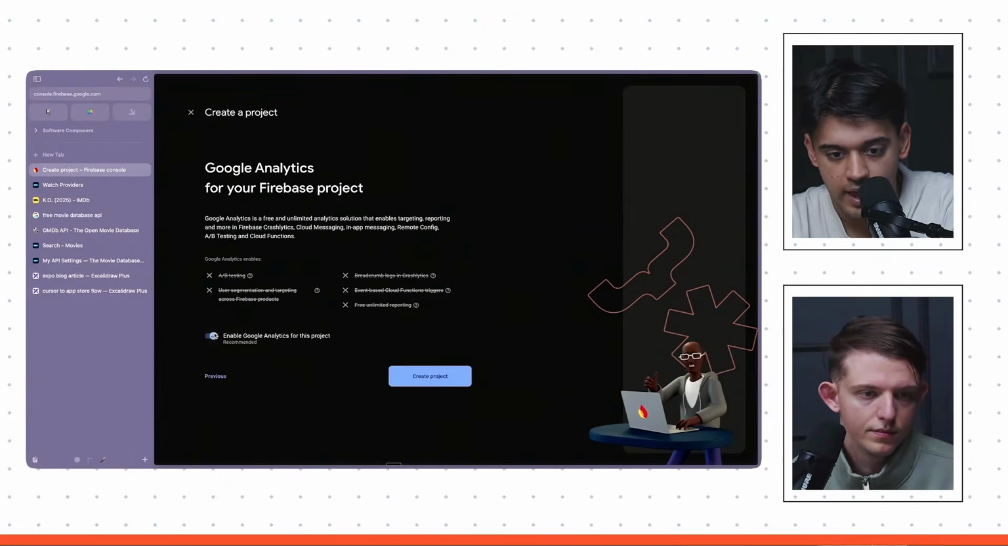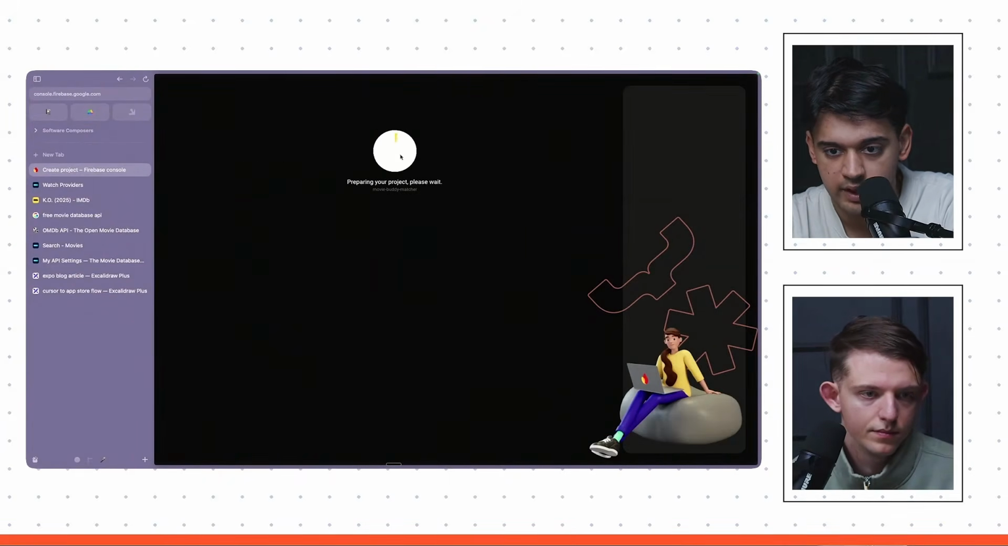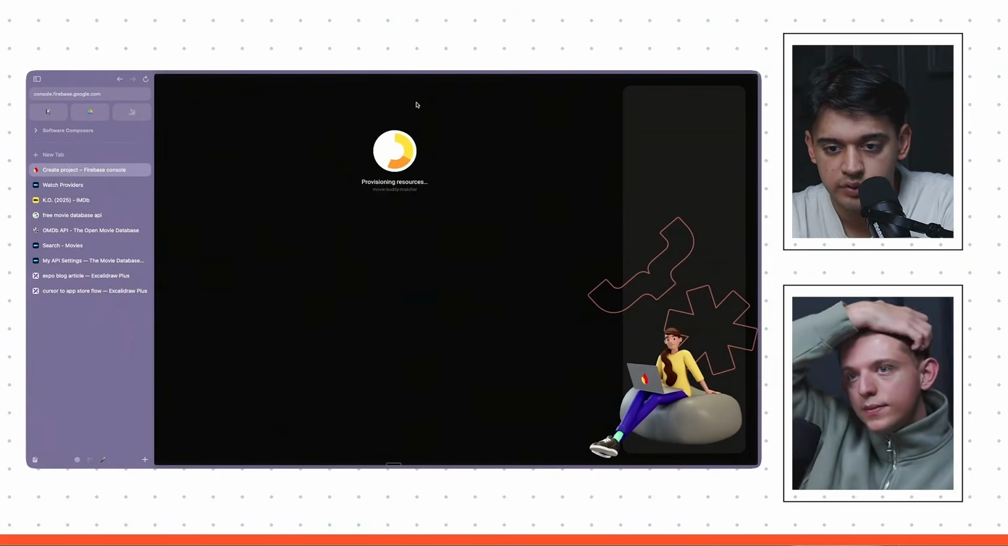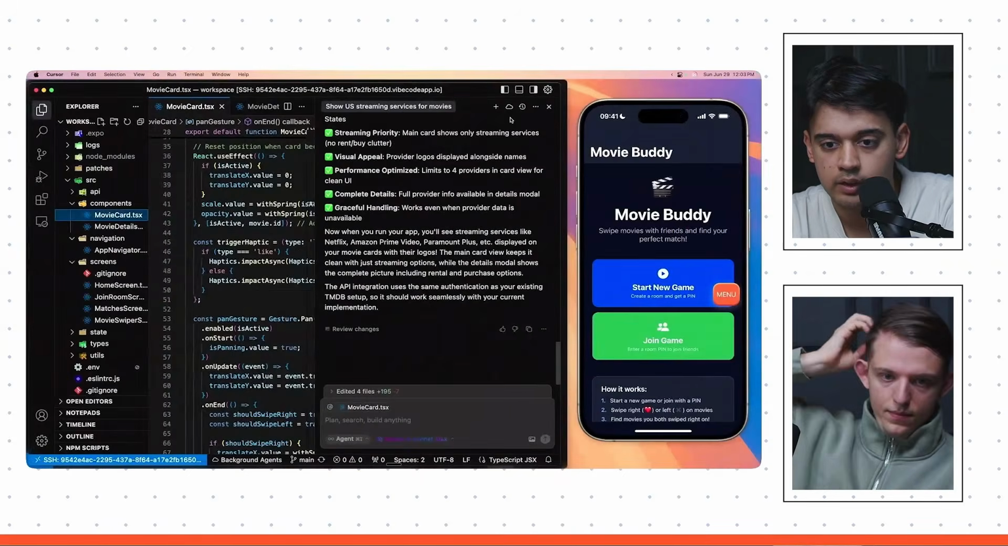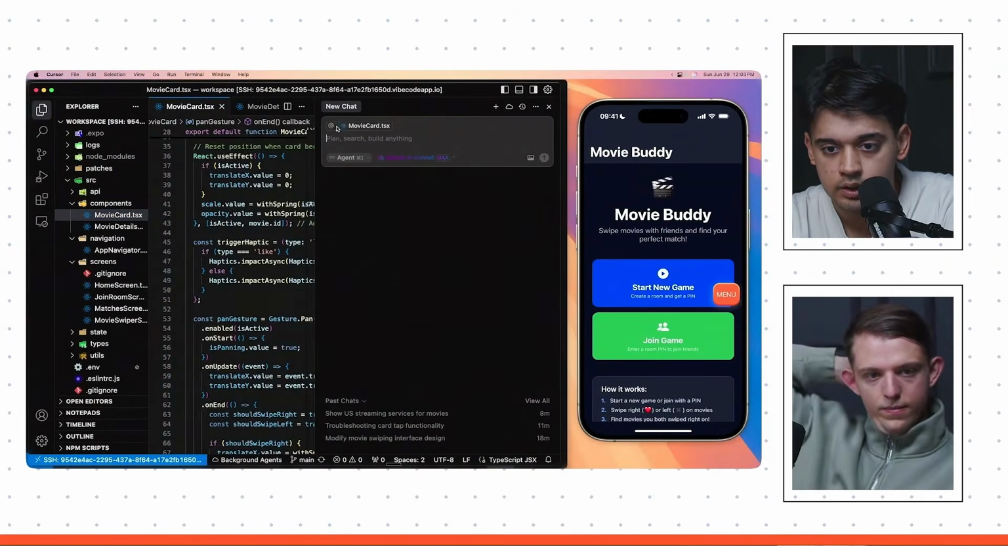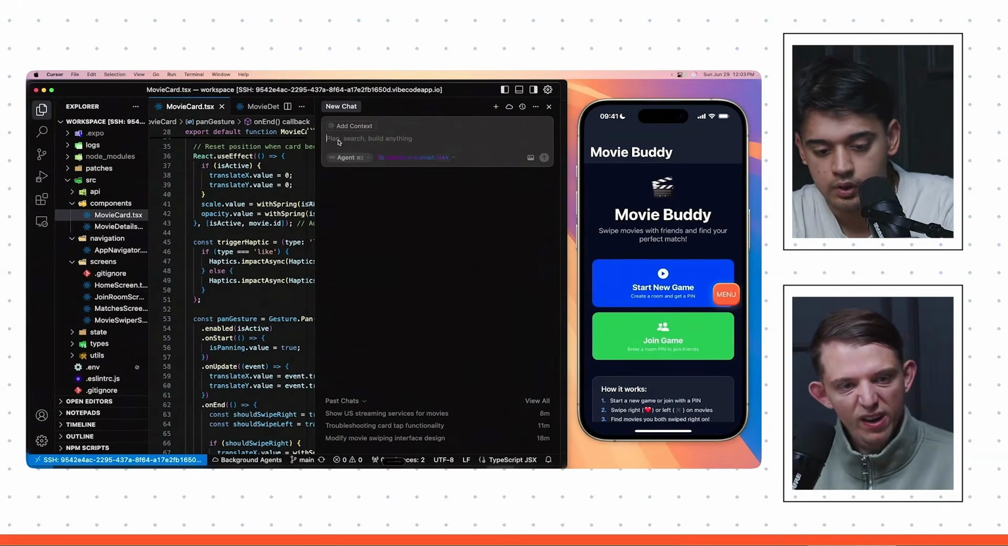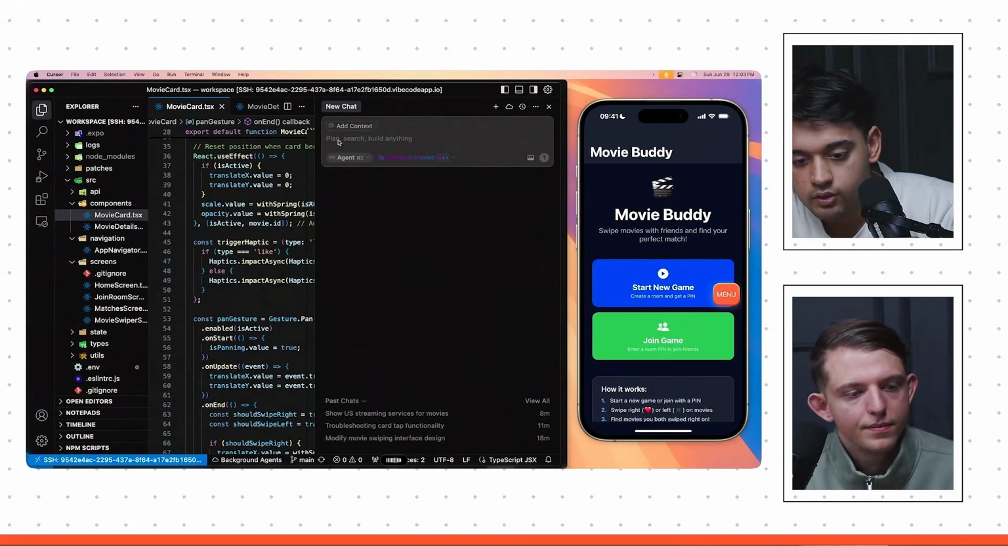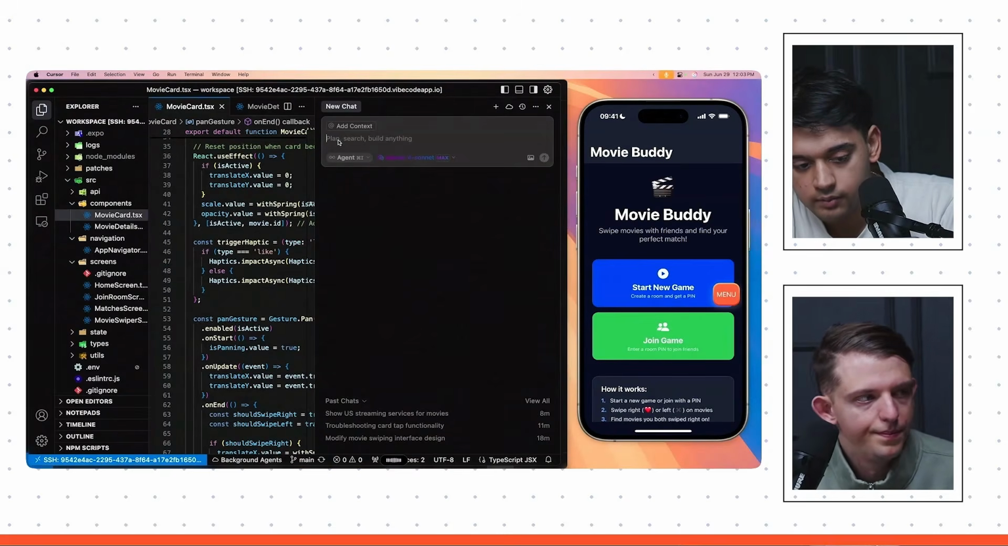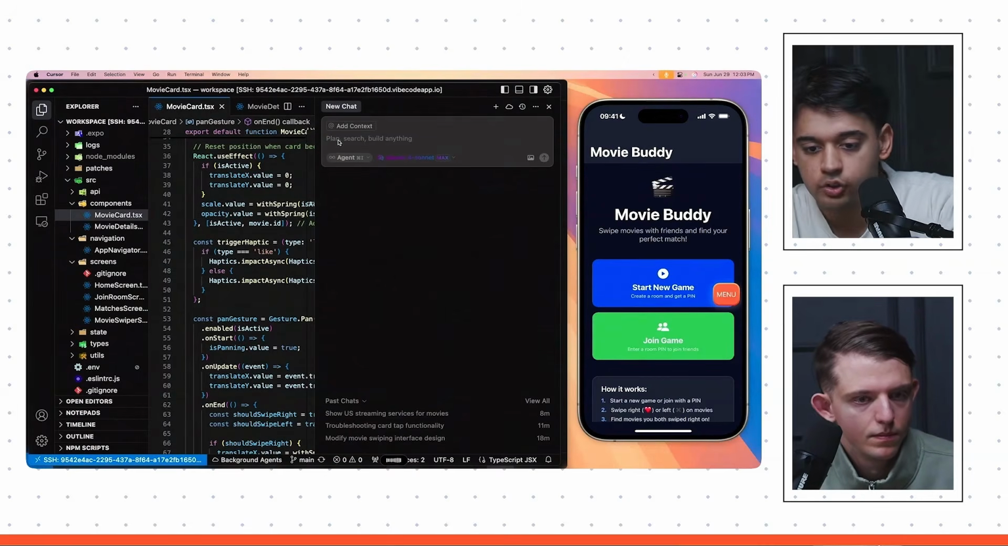You can add this if you want, but it just makes the wait a little bit longer. So I don't like adding it usually. That's provisioning these resources. This should be done. And then on Cursor, we can say, now, can you add Firebase to this project? Make sure to add Firebase JS version 10 and make sure to connect